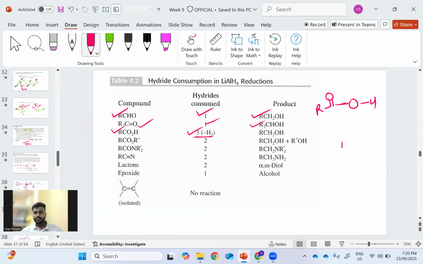The first hydride will be utilized in the abstraction of the proton, so it gives H2. The first byproduct formed is the H2 gas. Then we get from this acid the O negative species. Then the second equivalent of the hydride is used